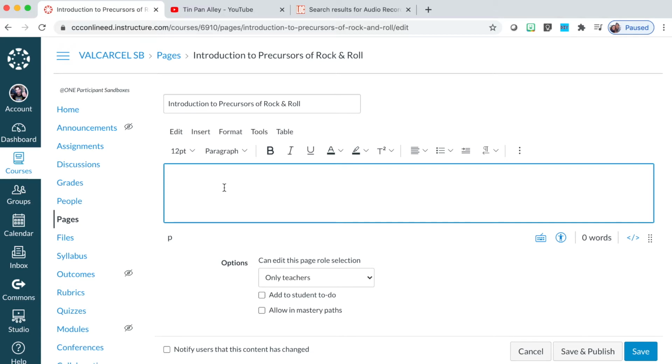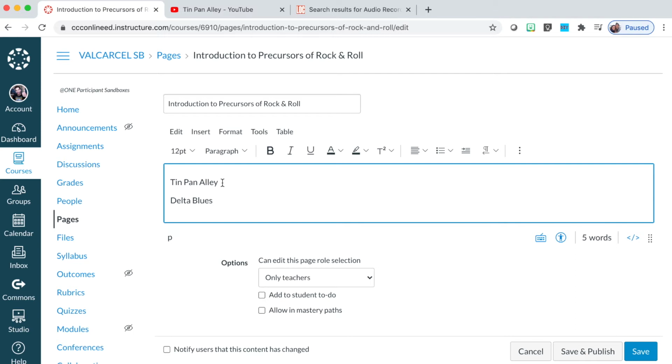And I'm going to start with a couple of headings. And I'll go ahead and type in my first heading and then hit the enter button and my next heading. And we'll go back and actually assign the appropriate heading style so that the document is actually accessible.